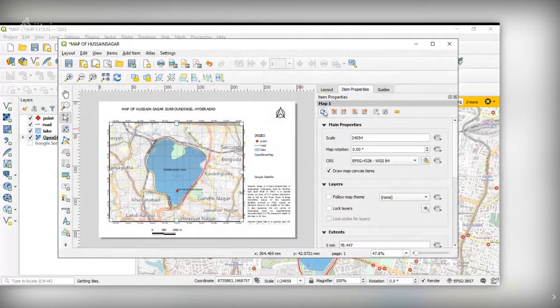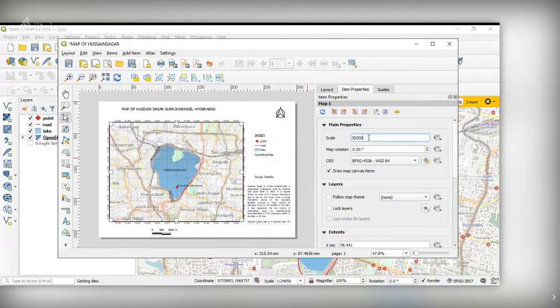So all these things can be done using QGIS software. It's very user friendly. Again, see, it has changed the scale. Now make it 30,000. You notice, the moment I change the scale, automatically the scale bar is also dynamically changed.